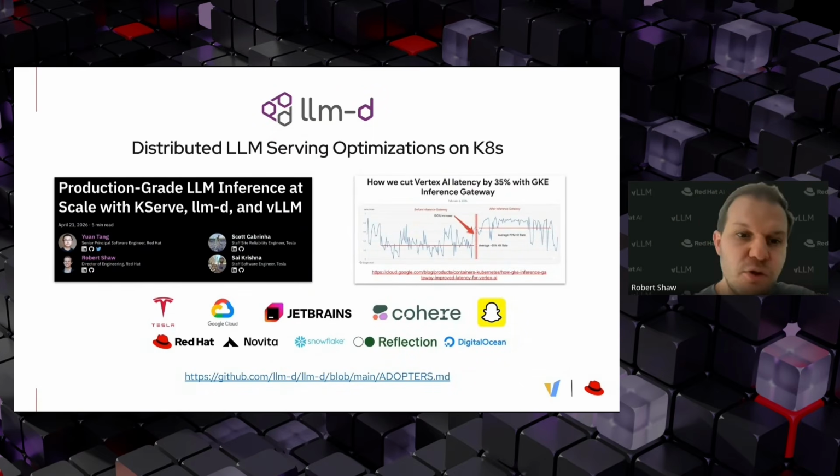We have lots of great users, from enterprises to clouds to model companies to frontier labs to folks running model as a service. You can take a look at some of the adopters and some of the blogs we have